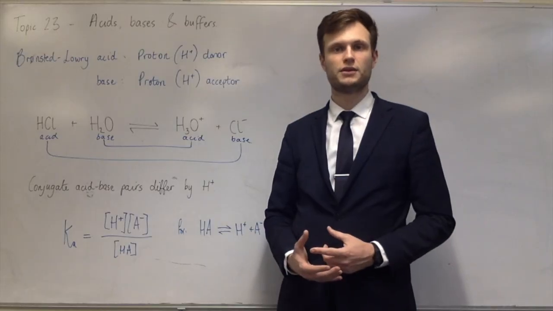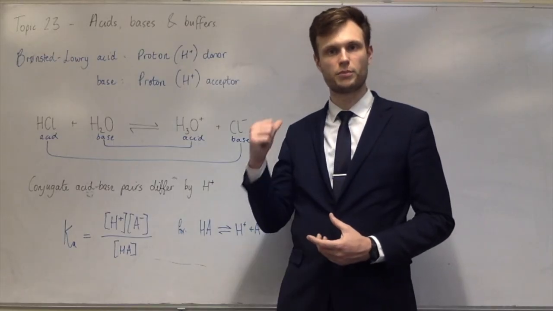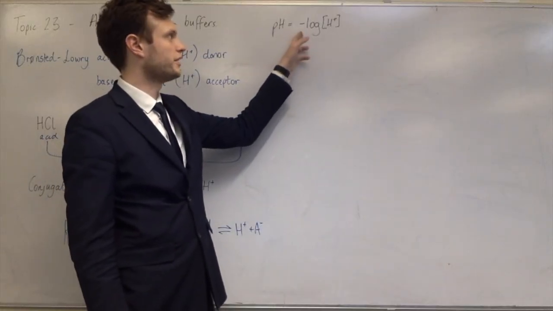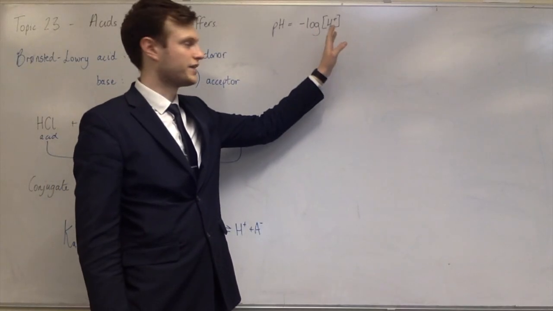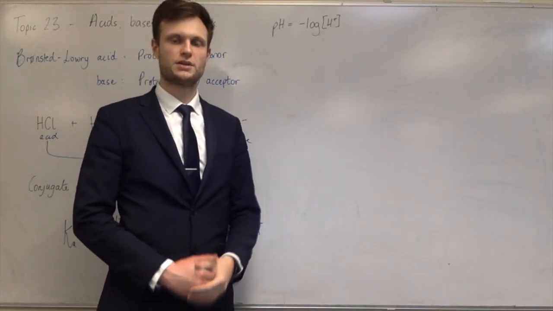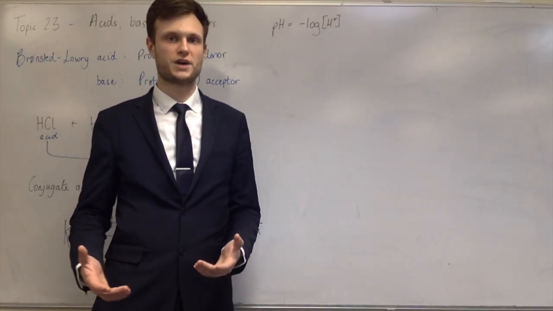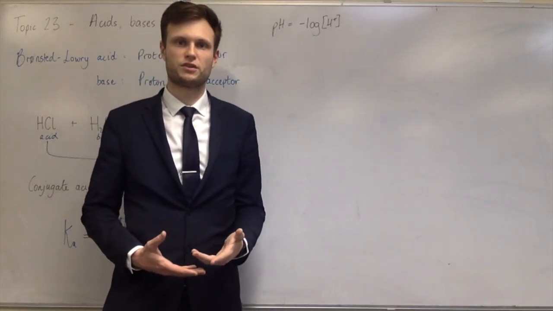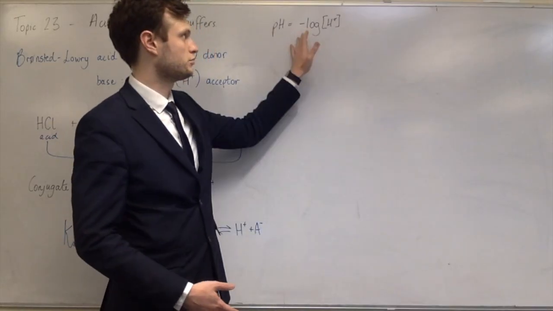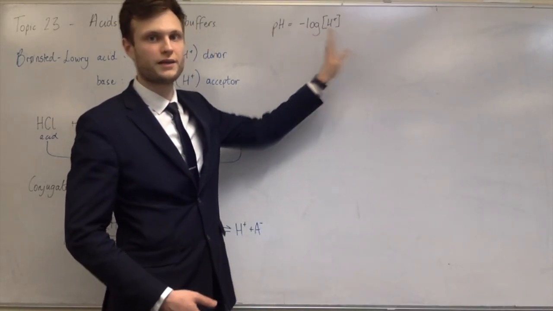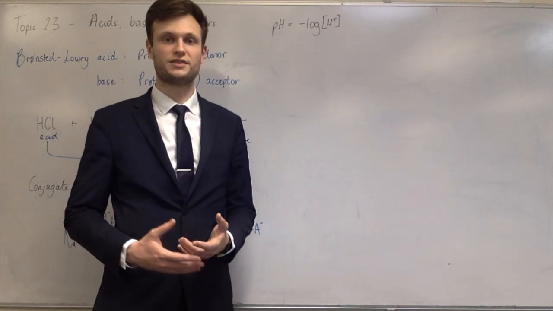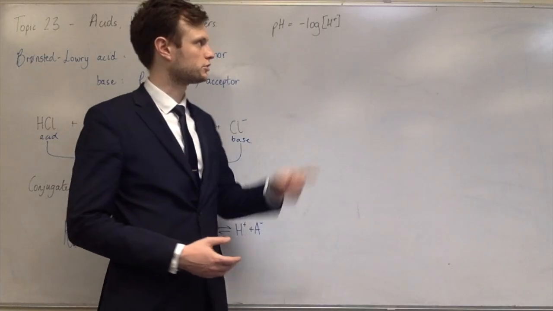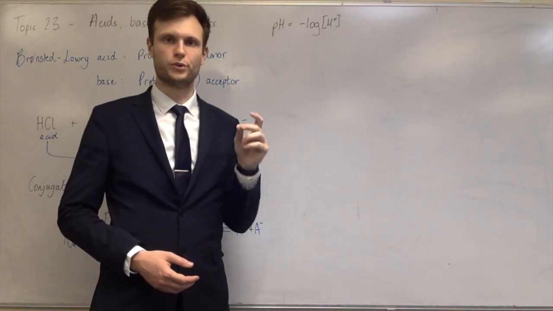And the way you do that is by entering it into the equation that I'm going to put up on the board now. And this is that equation. It says pH is equal to minus the logarithm of the H plus concentration. Now, don't worry about logarithms if you don't do maths, but log is a button on your calculator. So if you know the H plus concentration, then you just do minus, press that button, and write the H plus concentration. So say your H plus concentration is 0.01 moles per decimeter cubed, you'd write minus log 0.01, and